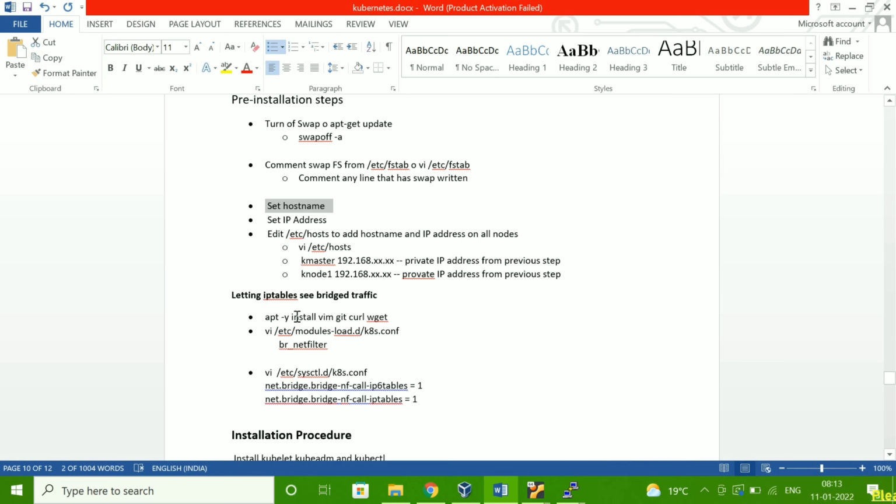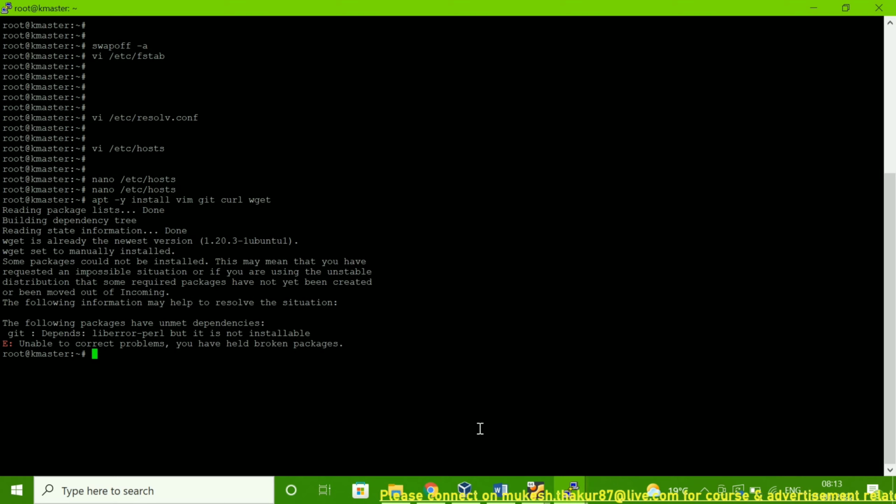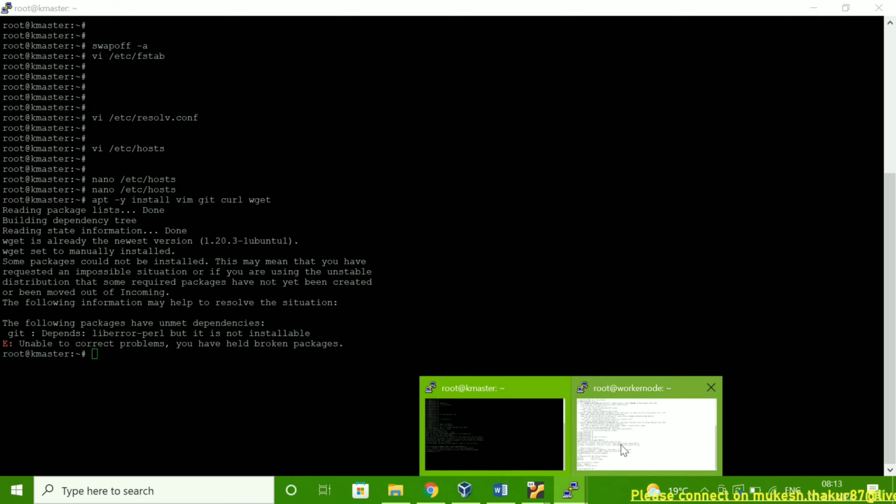Now you have to add the bridge traffic. Before that you have to install this package on both machines. So let me install. It's telling about some dependency. Okay, let me check that. Okay, I got it, I know why it's telling.